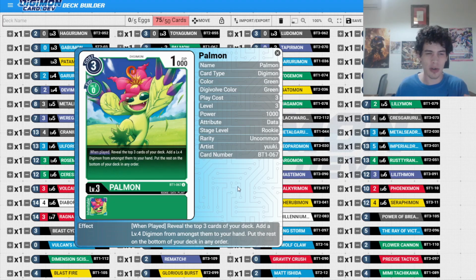That can be a little annoying, but green nearly always runs Mimi, which is their equivalent to the gain 3 memory if your opponent tries to pass with less than 3 memory. And since they always want to be playing that, Palmon's actually pretty good at just being slapped down, get the effect, evolve, go from there. That sort of thing. So it's a pretty good card. That effect is really nice. Plus,